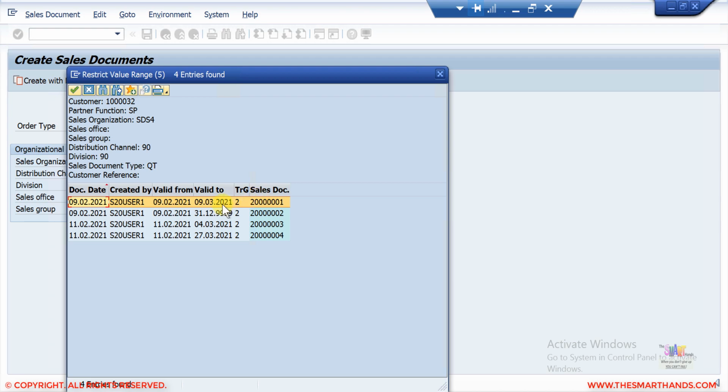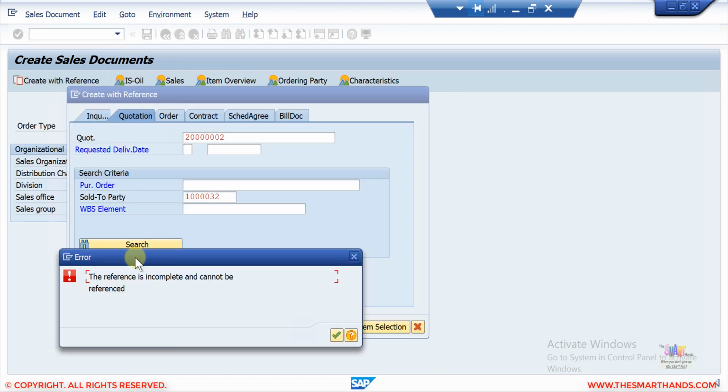For example, in this case, the first ones, 20000001 and 2, are basically not open, they are closed. I know that. Only 3 and 4 are open. If I select this 2, it's just showing me what is there. But if I click on continue, copy, there's a message: the reference is incomplete and cannot be referenced.